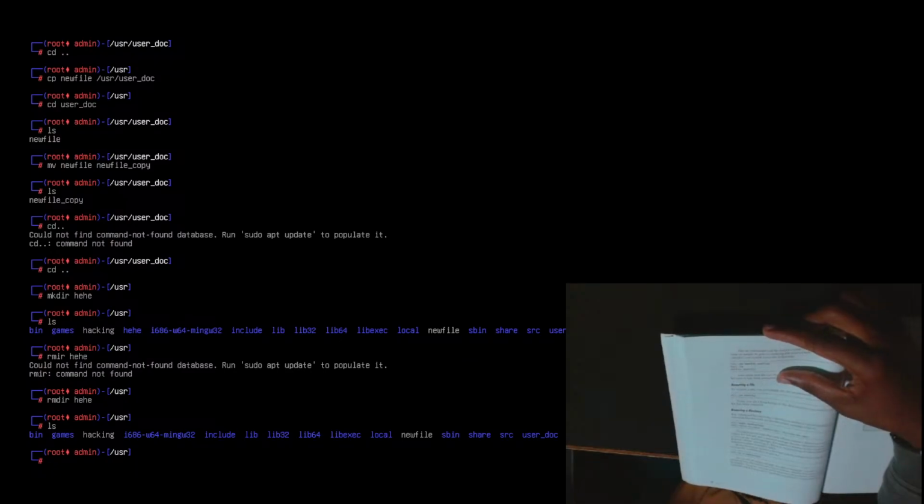Rmdir will not remove a directory that is not empty, but will give you a warning message that the directory is not empty. As you can see in this example, you must first remove all the contents of the directory before removing it. This is to stop you from accidentally deleting objects you didn't intend to delete. If you do want to remove a directory and contents all in one go, you can use the -r switch